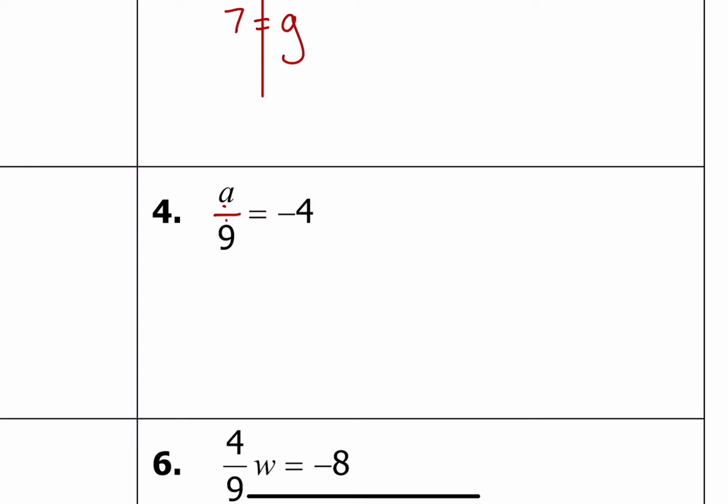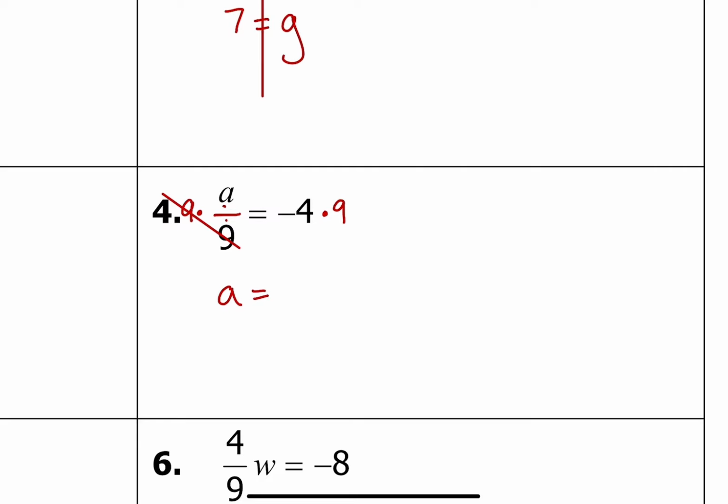Okay, so the opposite of division is going to be multiplication. So we're going to multiply by 9 on both sides. Now when we do that, these two will become a 1. But remember, like in that last example, we don't need to write the 1. So we're just going to leave it as a